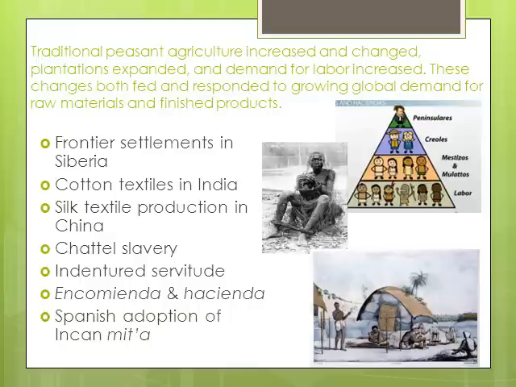What we have are the frontier settlements in Siberia, and I tried to find a good picture of it, and there really wasn't anything available. So when we're talking about frontier settlements, we're talking about the expansion of the Russians into the central part of Russia. And this is normally the very cold part. There's not a lot of agriculture here, but there are a lot of natives. And so forcing them under to bend to their will, so to speak, was quite a task that the Russians